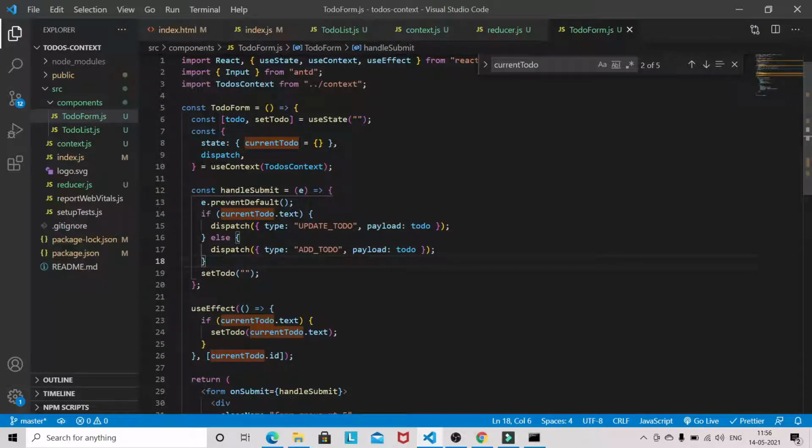In both cases, whether the user is adding or updating the todo, I wanted to set the todo empty and clear the input field. So that's why it's not an if and else condition. So in both cases the input field will get cleared. Okay, so this is the handleSubmit.